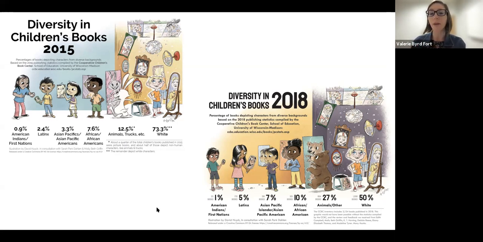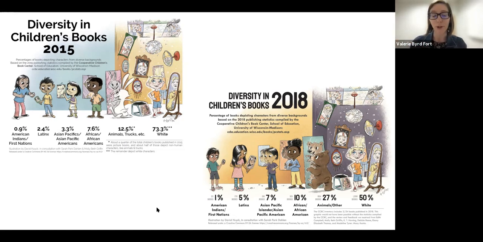So that is a big increase, right? From 12.5% to 27%. But what we need to consider there is, what are those animals doing? What does that look like in those illustrations, right? And then just the idea of why did we go to animals instead of increasing these other characters? So that's something else to think about